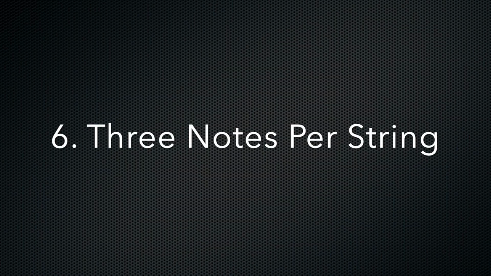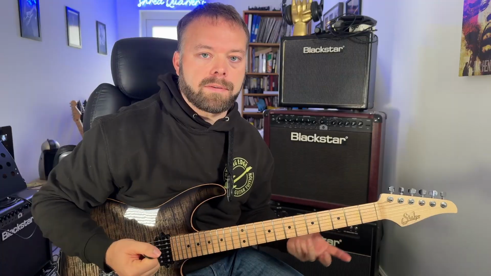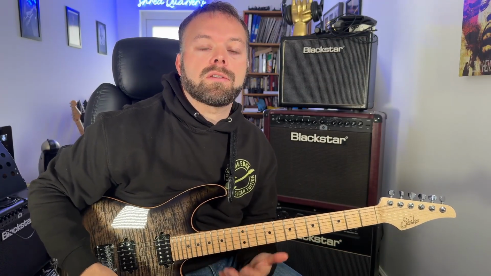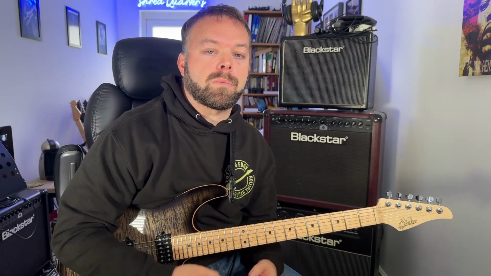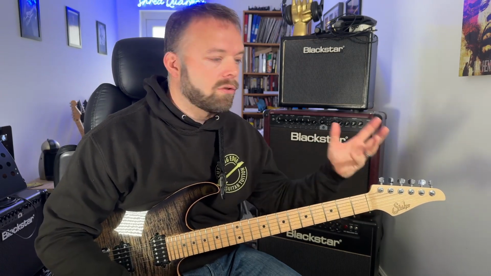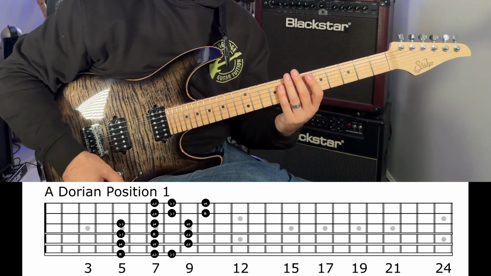Sixth area that I want to talk about here is 3 notes per string. So we've just talked about developing shape-based vocabulary for modes and adding modal flavors with the CAGED system. If you can understand the 3 notes per string system, what that's going to open up for you is the ability to play fast ideas and turn licks and lines into runs that you can play all over the whole guitar neck. You can see on the screen in front of you now is A Dorian mapped out in 3